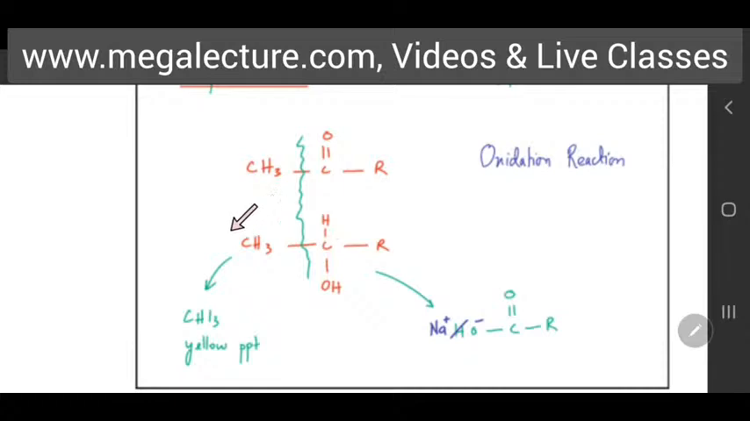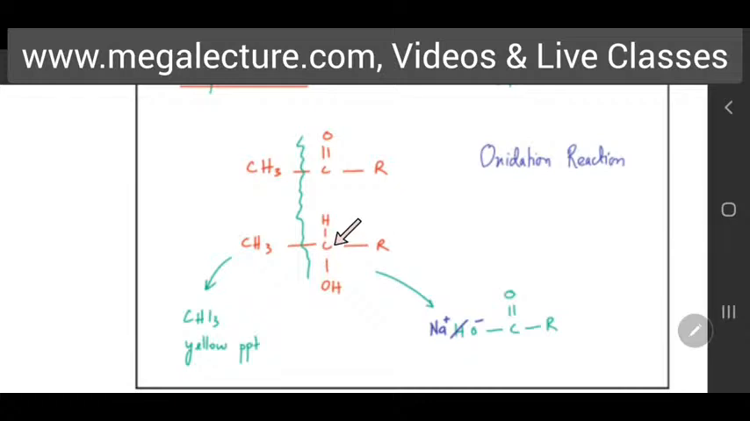So it's got to have a CH3, which is right next door to an OH, and the OH should be in this arrangement. With an H, the carbon will have an OH, and the rest of the molecule would either be a carbon chain or a hydrogen atom. So what will happen in the iodoform test is,